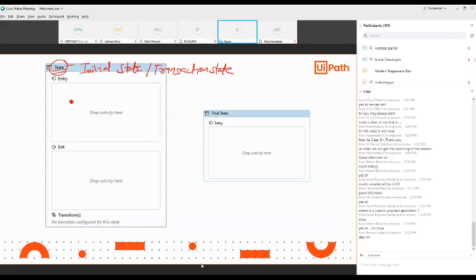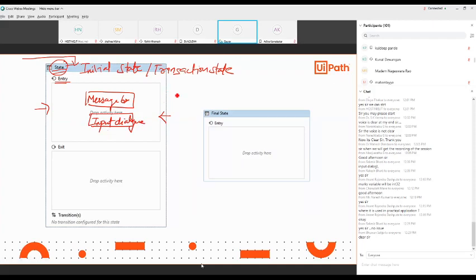This is basically the name. So this is the entry part. This is a box for the entry part. When a process comes inside this state, this part will be executed. Whatever you mention here will be executed. Here you can mention a message box if you want, a conversation, maybe an input dialog, anything you want. Clear?